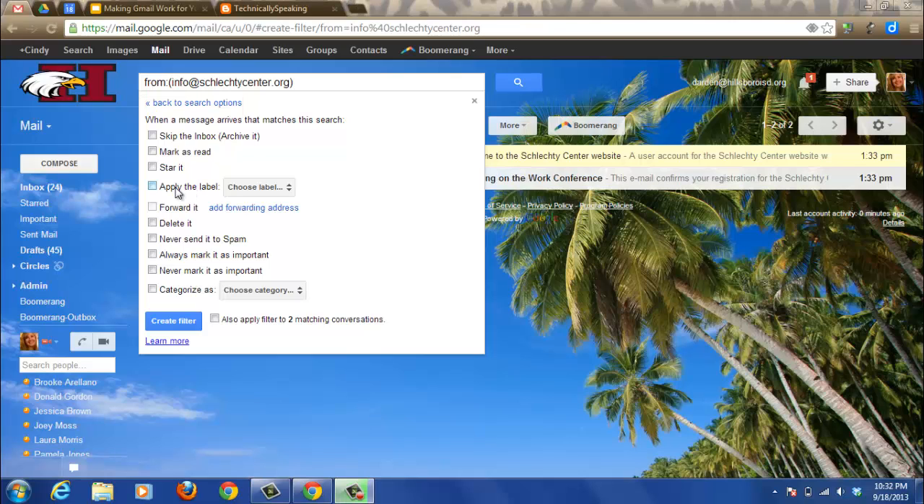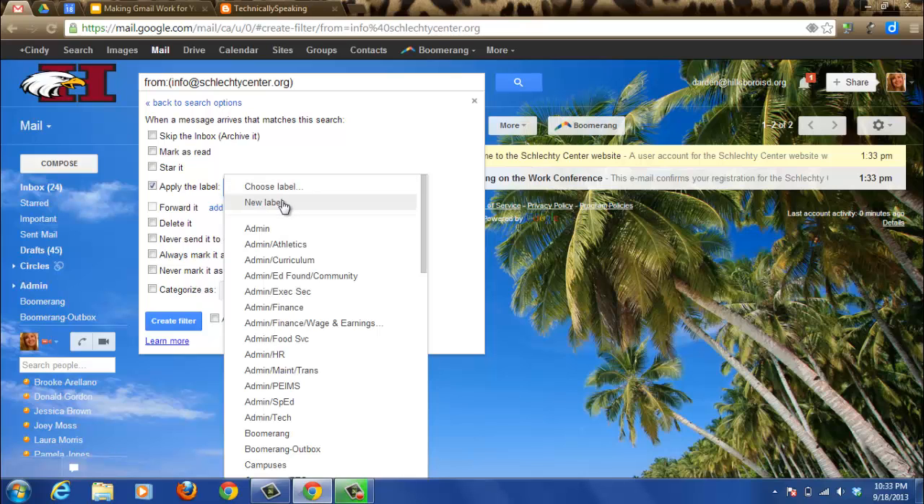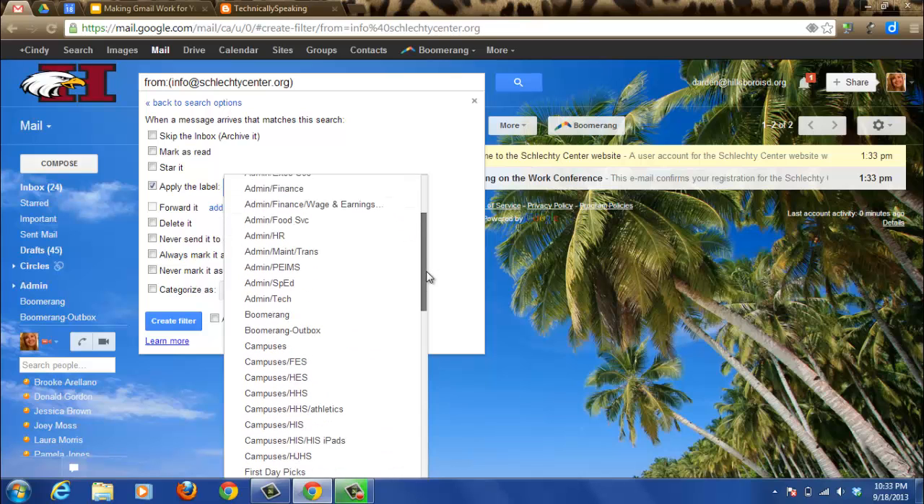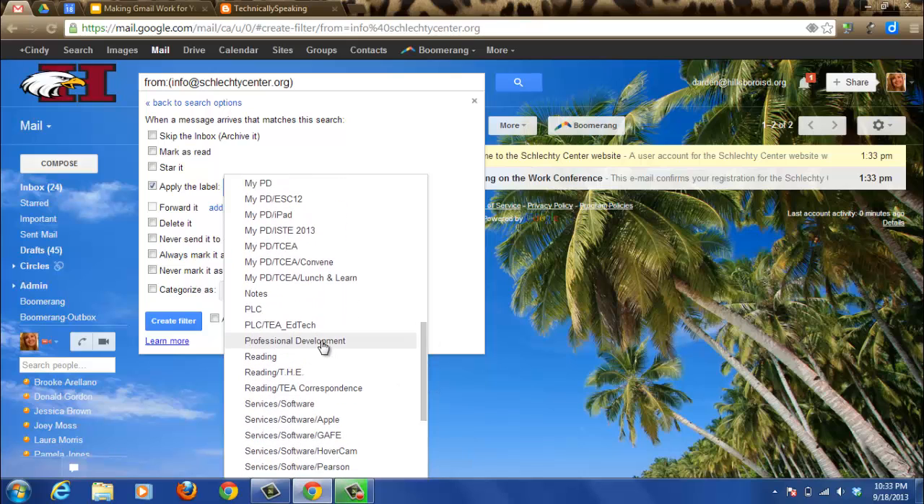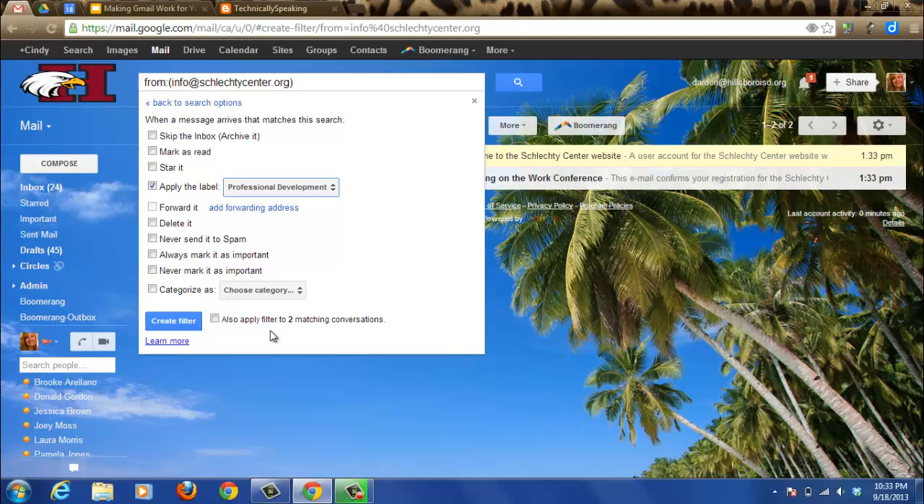Let's apply the label filter in this example. I'm going to click on this checkbox and choose a label. Notice that I can create a new label here, or I can choose an existing label from my list. I'm going to scroll down and choose the one that says Professional Development. And notice that it says that I have two matching conversations from this sender's email address. If I click this right here, it will apply that label to those conversations